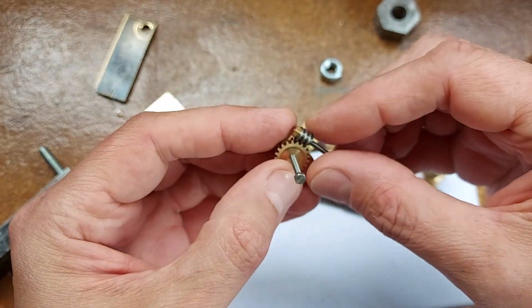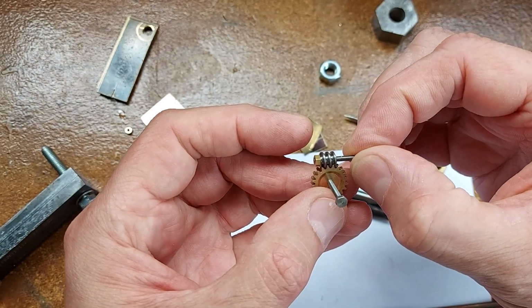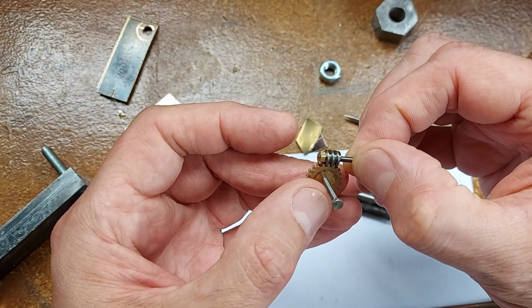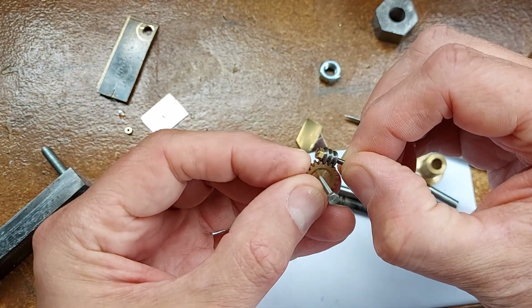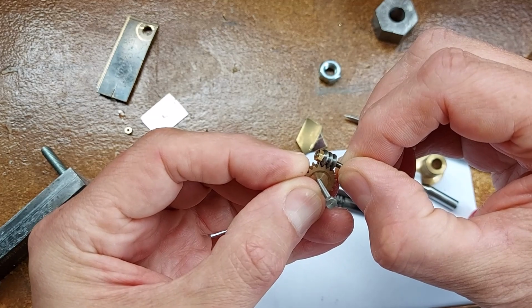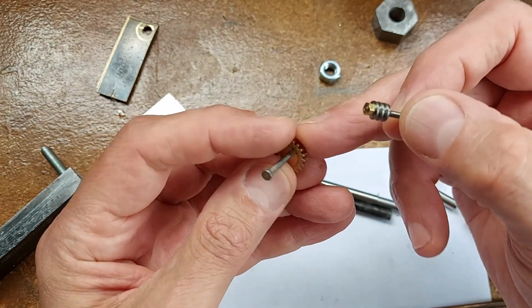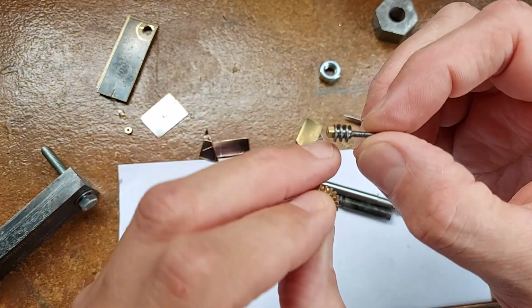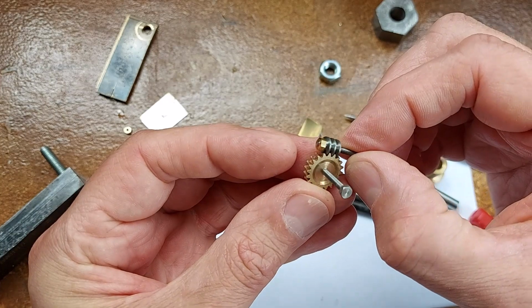really well. There's only a few turns of the worm, but it engages really well. There's very little backlash in there if I push them together well. It's going to be really good. So that's a phosphor bronze gear, mild steel worm,